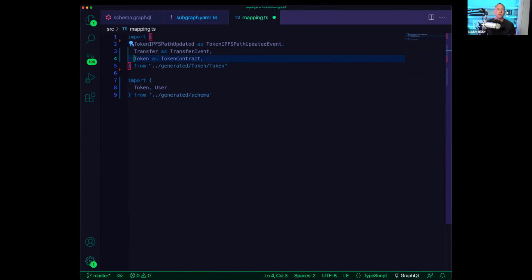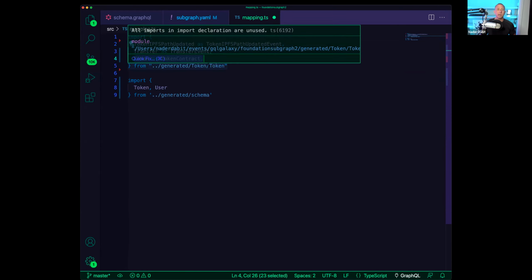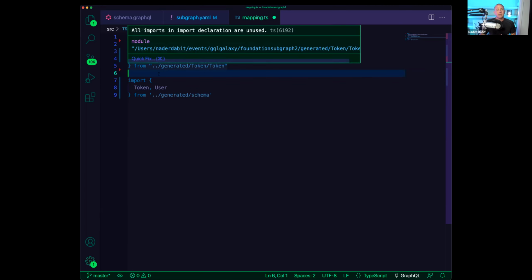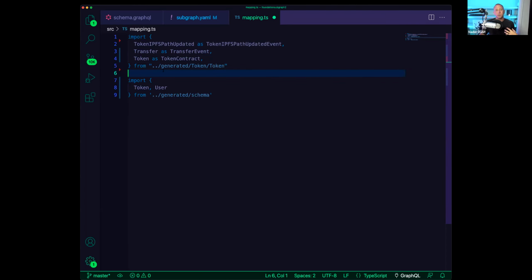The only actual interface that we're going to be interacting with here to make any type of API call is going to be this token contract. This basically gives us a binding that allows us to speak to the smart contract to read information. So we can ask the smart contract for information using a token ID or something like that.